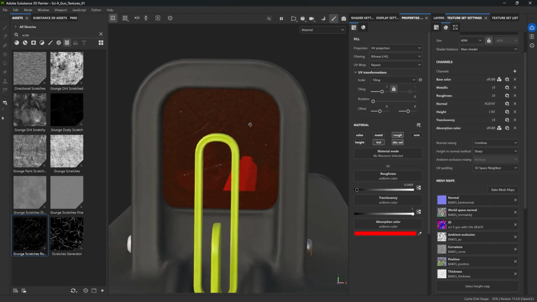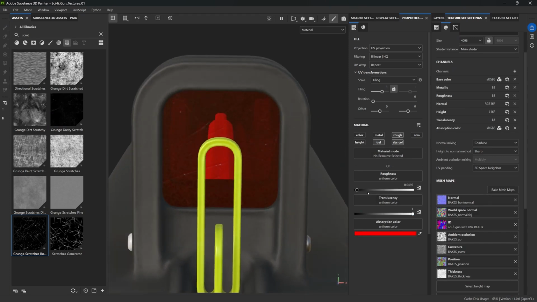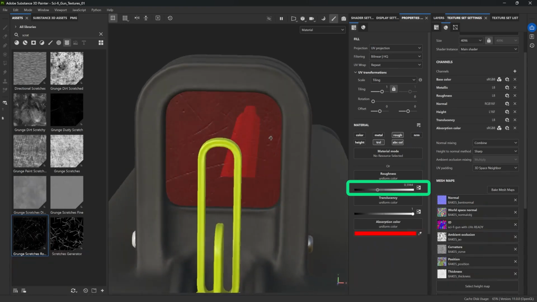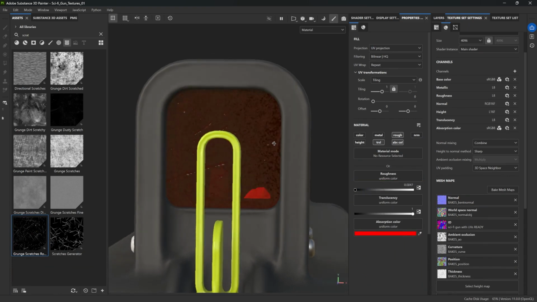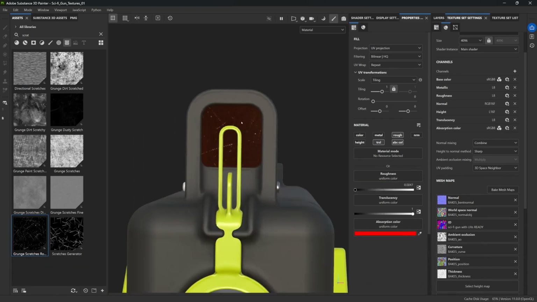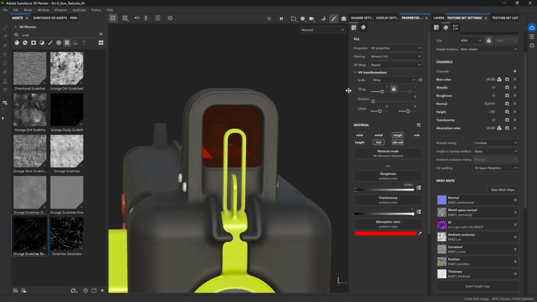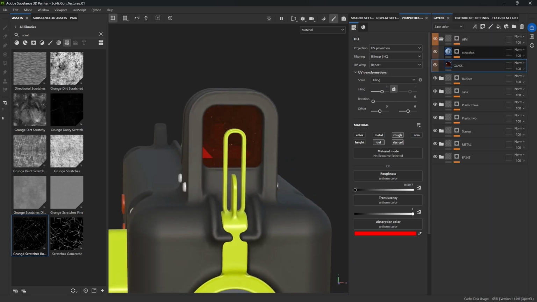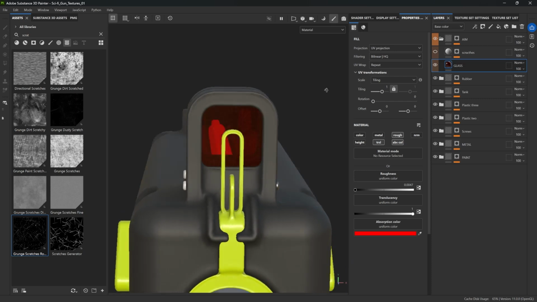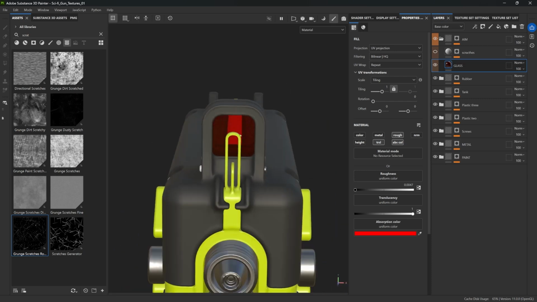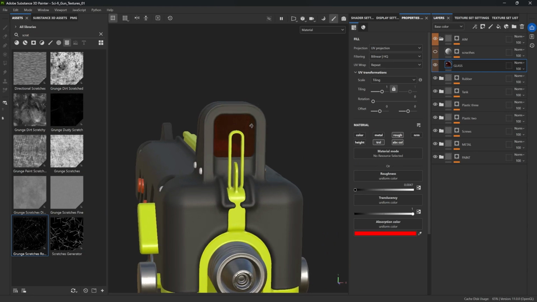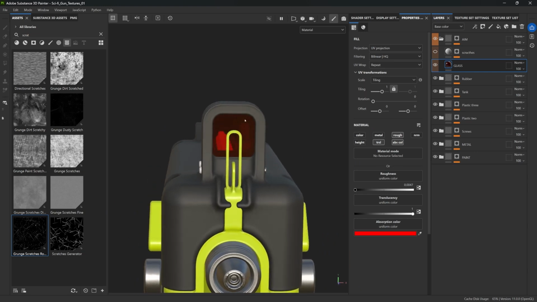And now if you want something a little bit more frosty, you can push the roughness, so to see less clarity in a way. So it's a bit more cloudy. But in my case, I want something very sharp. And I can definitely change the amount of scratches that we have here. So let's go back to layers. I want to go back to scratch, turn that off, so you can see we have this simple, nice, clean glass or plastic going through. And if I enable the scratches, it's a little bit more